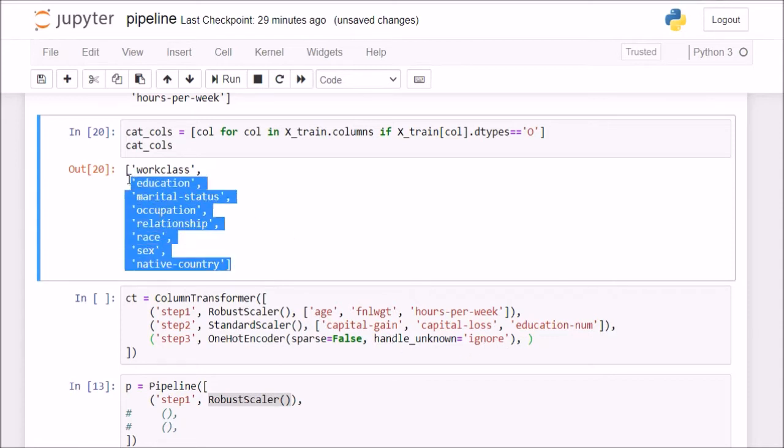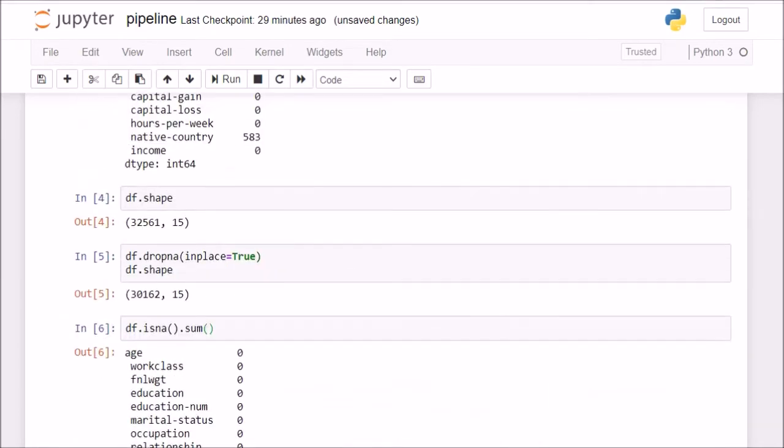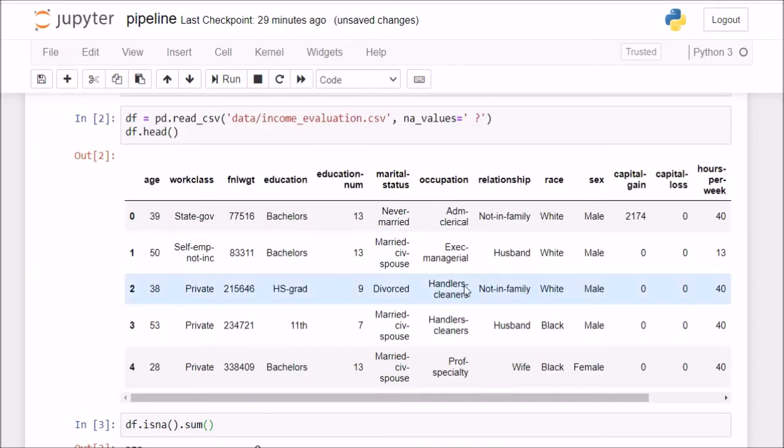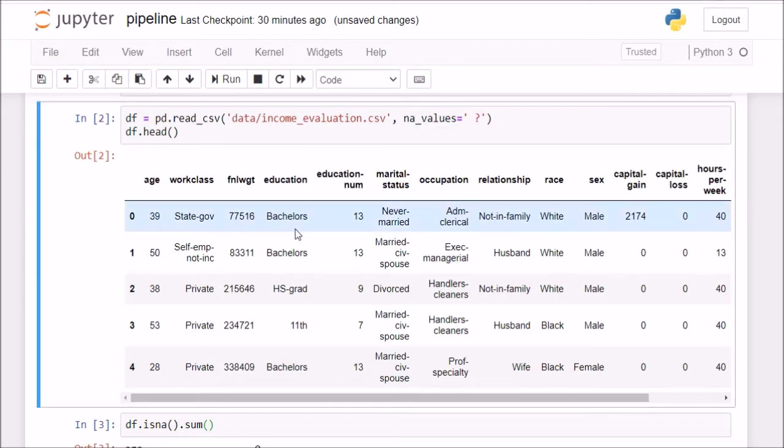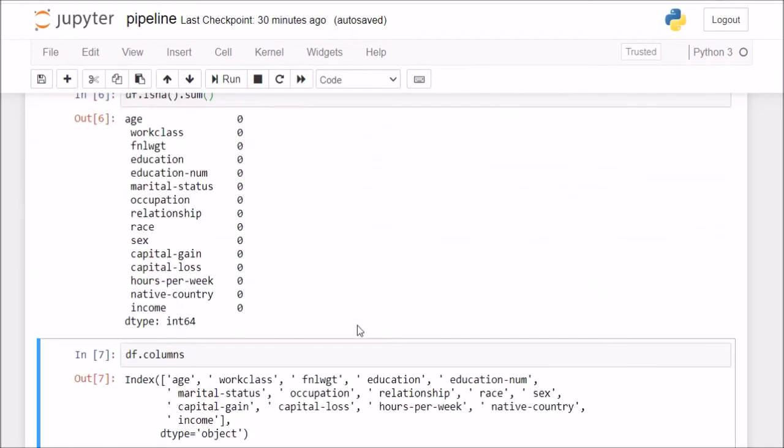Now if you remember from the previous lecture, we noted that education and education num are basically the same columns. Since the education column can be ordered in ascending order, the dataset providers have already ordinally encoded this education column and provided us with numbers. For example, bachelor's was given number 13, 11th was given number 7.